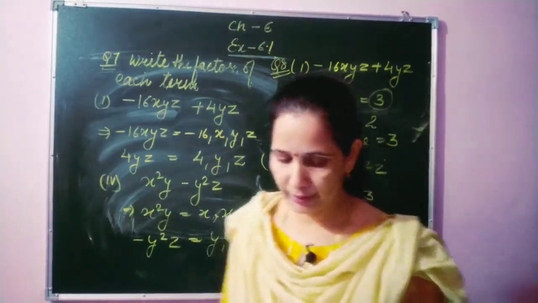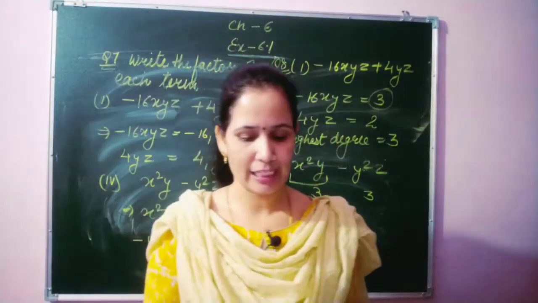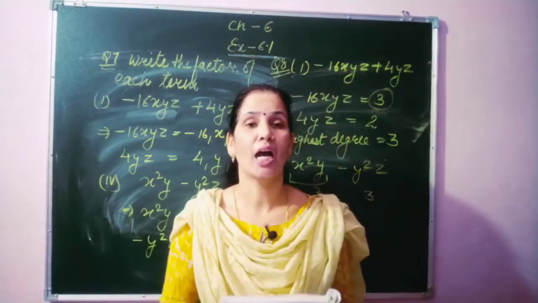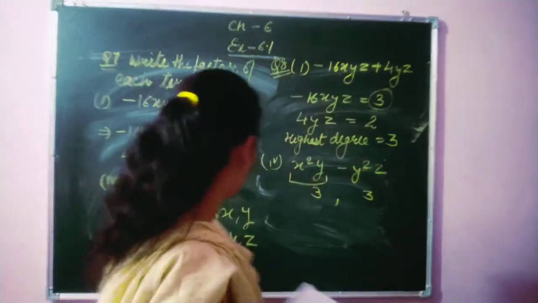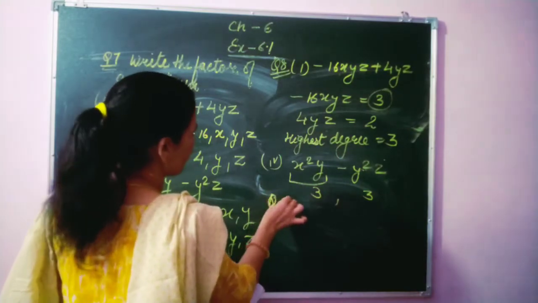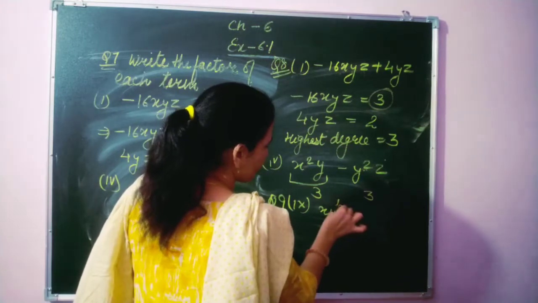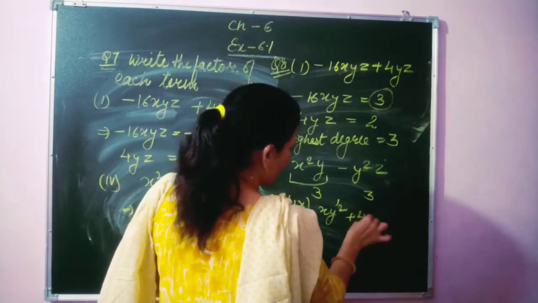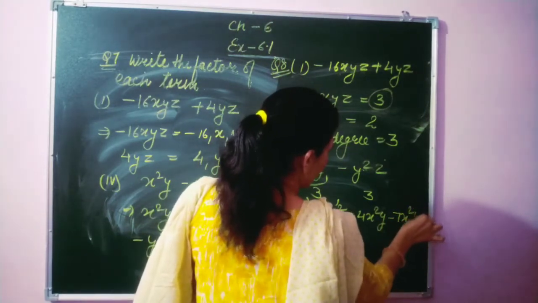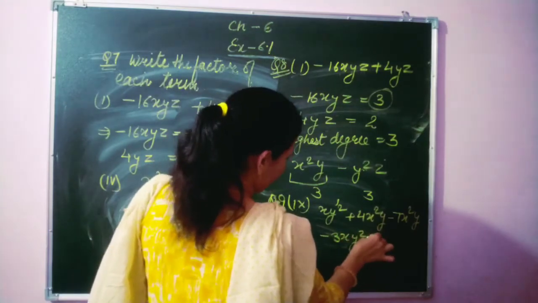Same as in question number 7. Question number 9. Write down the degree of each term of the following expression. Hence they state the degree of the expression. Degree of the expression means the highest degree of the terms. So I'm going to explain with one part, this one. I'm taking question number 9, ninth part. Okay. X y square, 4 x square y minus 7 x square y minus 3 x y square and plus 3.